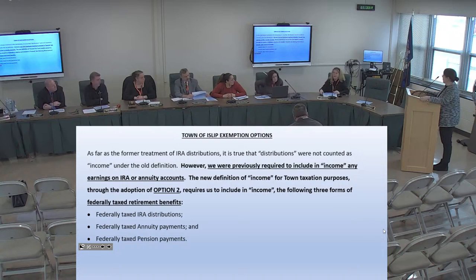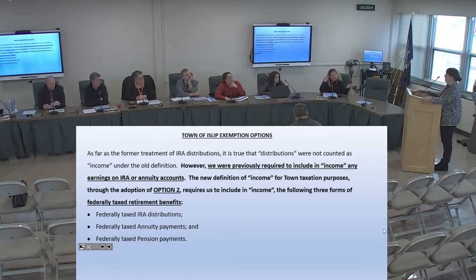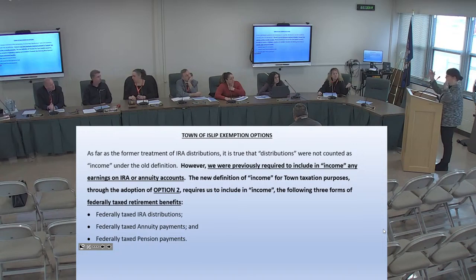And of course, both sides are saying the same thing. The elderly want to stay the same, they don't want to be taxed on their extra income. And then the working man is saying this is unfair because it's going to be distributed to all of us. It already has been for umpteen years. But this is a brand new exemption, a brand new income definition, and it is guaranteed to be shifting. A no action option will shift more exemption obligations. It'll take it from those people who now can get the exemption, and now everybody else has to pick up that difference.